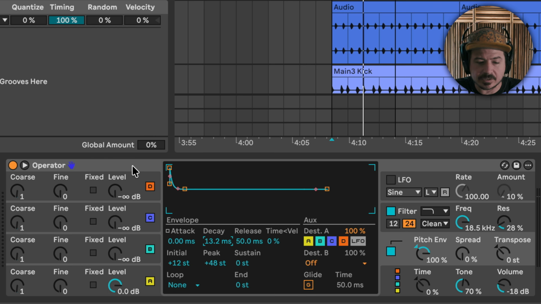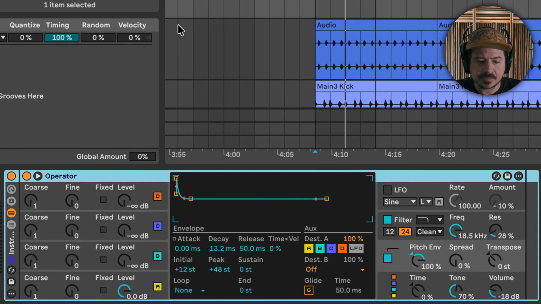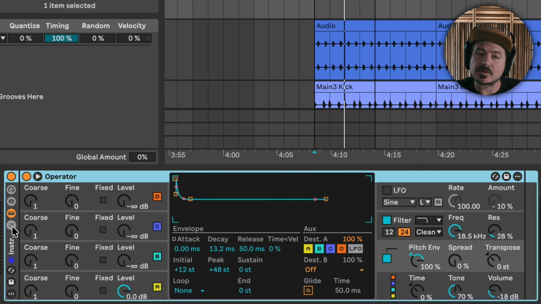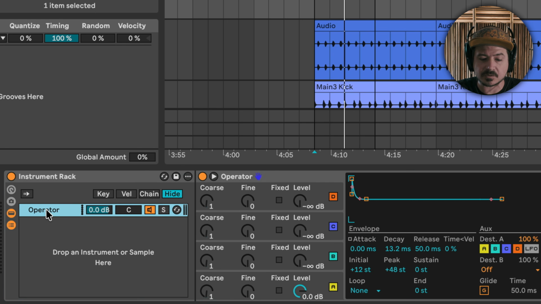Okay, so the next thing I want to do is I'm going to actually group this, because while I might be able to get a good amount of this done with Operator, I think what's really nice is to be able to have a noise layer that is addressable separately. So what you do when you group something in Ableton is you create what are called signal chains. So this is a chain now, and you could think of this as like the body of my snare drum,